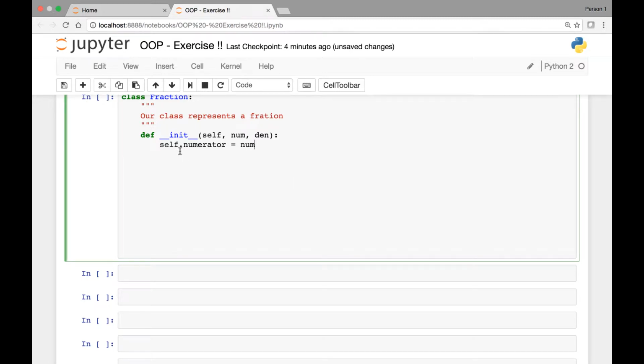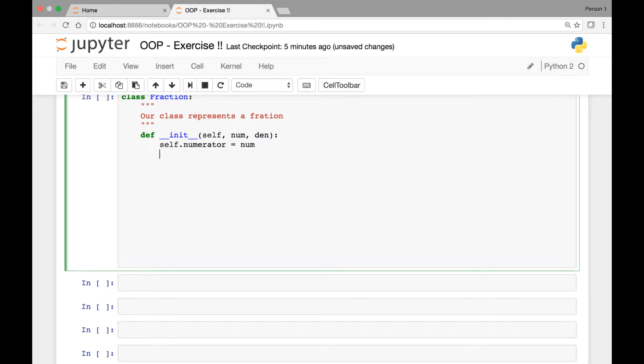So we'll have a separate function that will get the numerator, and once we get the numerator using that method, we'll set it to be equal to the numerator. So self.numerator is equal to numerator, and for our denominator we need to check that it's not equal